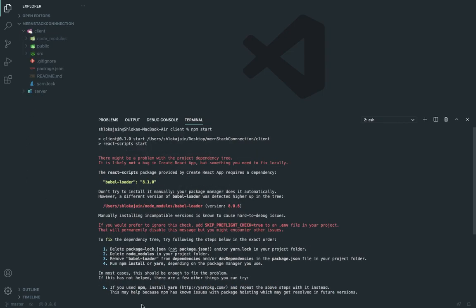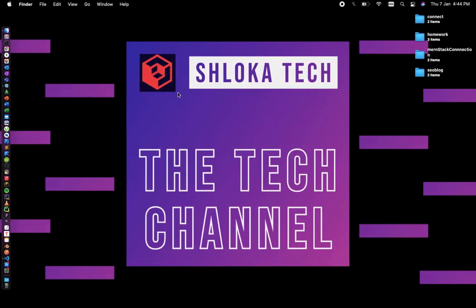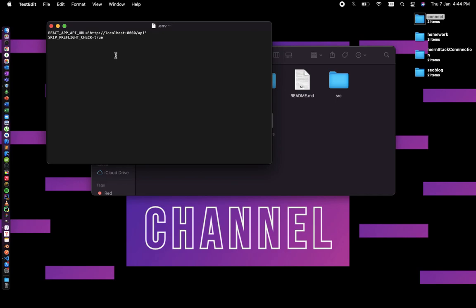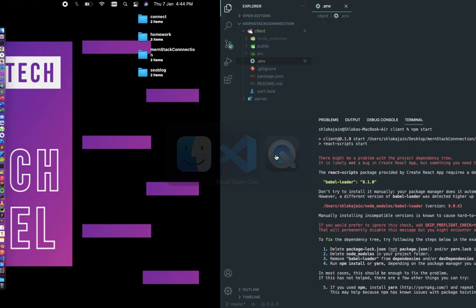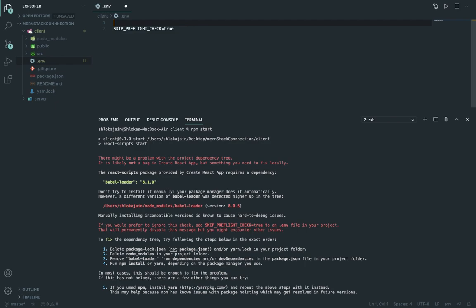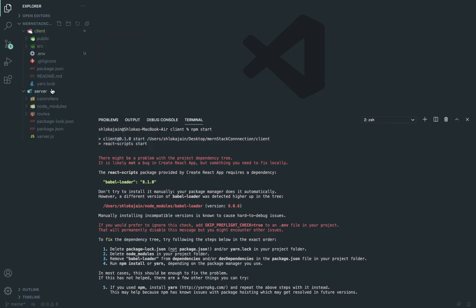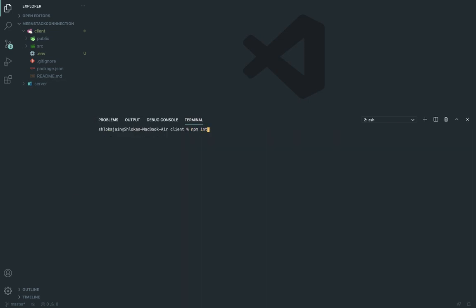Okay, so I get this annoying problem. Don't have to worry about that. Most probably you will not get this problem, so I have to fix it. There is this, I have to add this here and then delete the node modules and the yarn.lock. Then I am going to do npm install, and you will not get this problem, so you